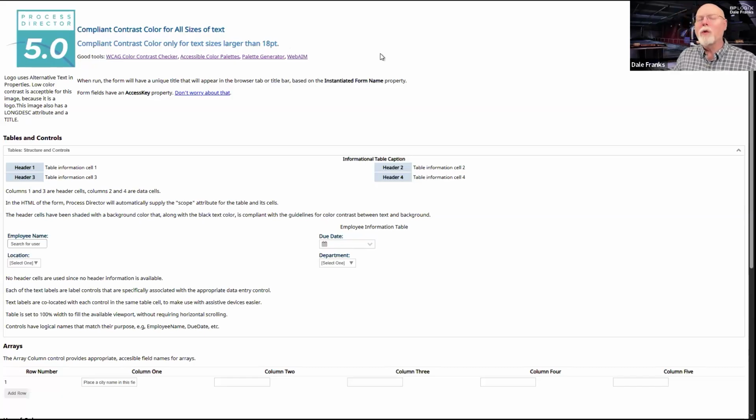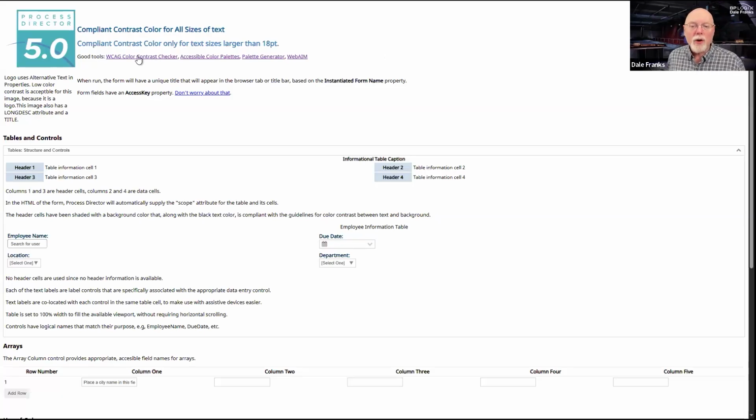The World Wide Web Consortium's working group on accessibility standards, the WCAG, have a requirement that your color contrast between foreground and background colors is 4.5 to 1.